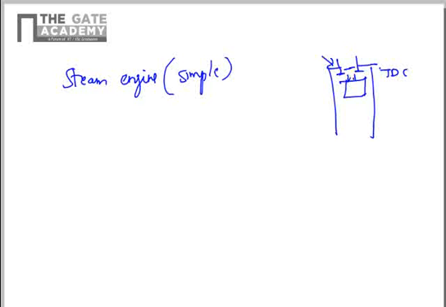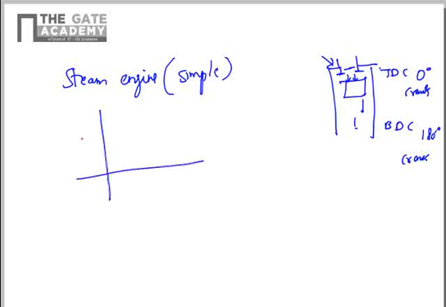The steam will push the piston downwards, so the piston will start moving towards the bottom dead center, BDC, and after BDC it is again going up by the inertia of the crankshaft to expel the exhaust gases out. So if you consider TDC as 0 degree crank and BDC as 180 degree crank,